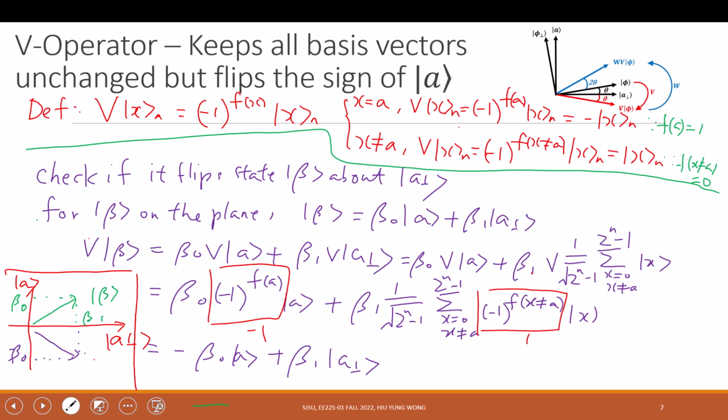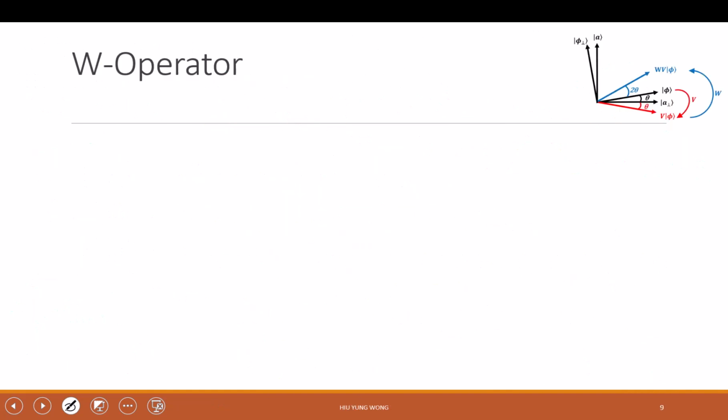Okay, so if you forget everything, fine. The most important thing is you should agree now that V flips any state vector about A perpendicular. Okay, it works by constructing it this way. Then we need to look at another operator, the W operator. And as we said, it will flip any vector about phi. Okay, and again, someone gave us already, it is given that we can construct W